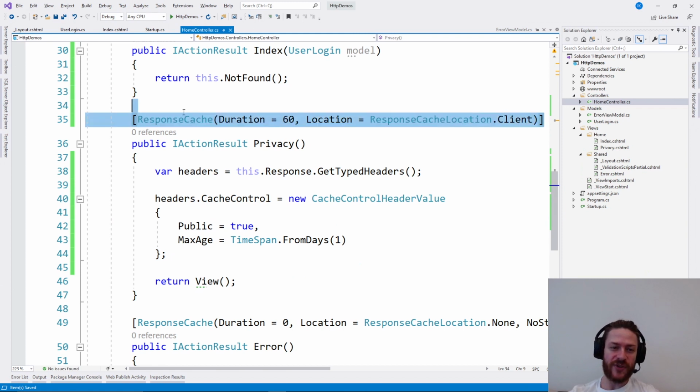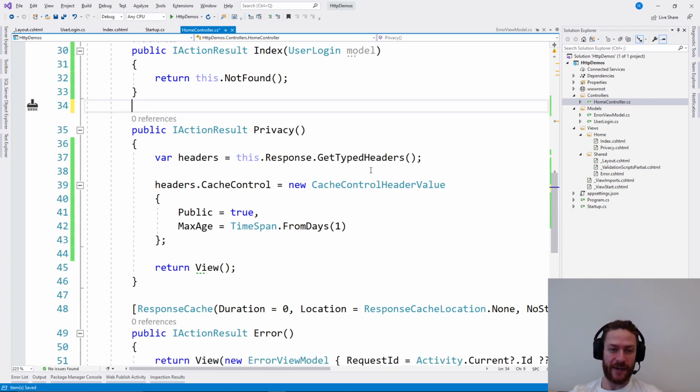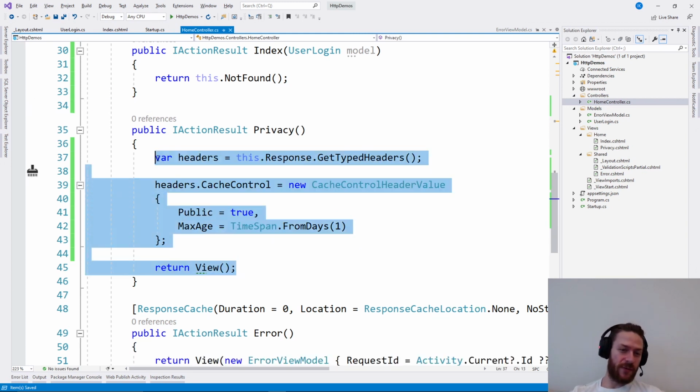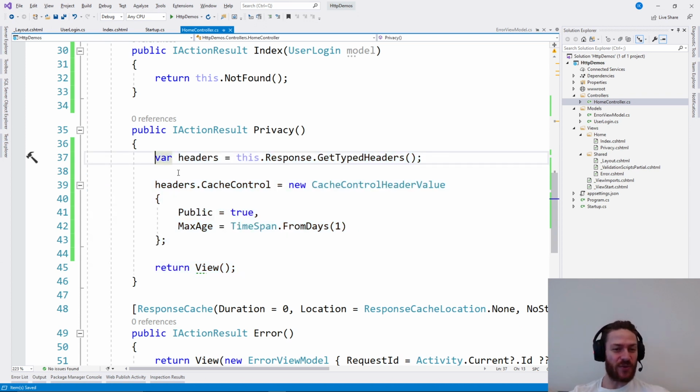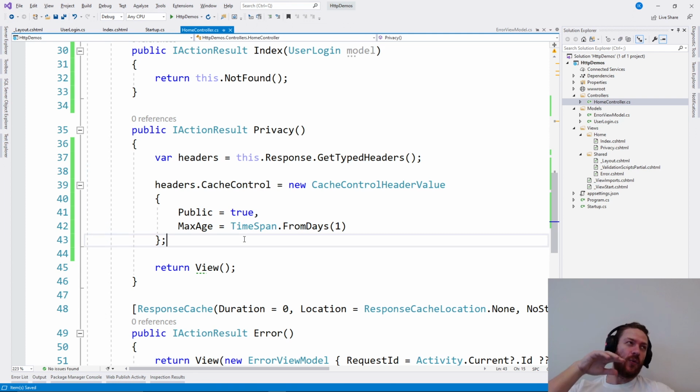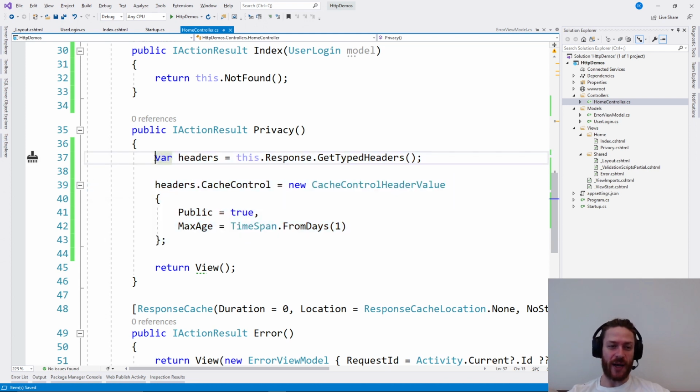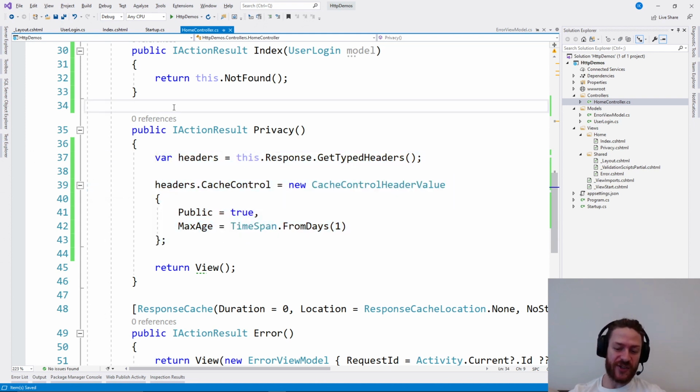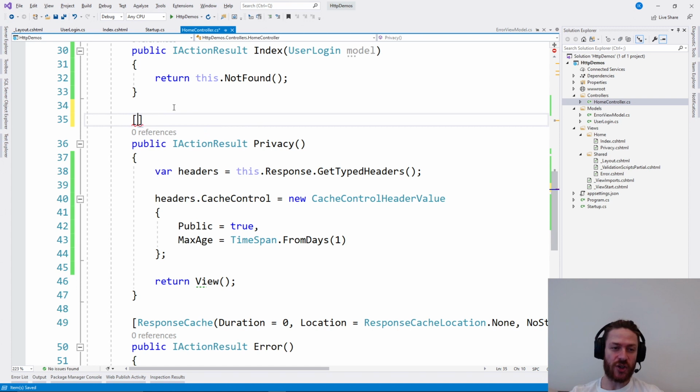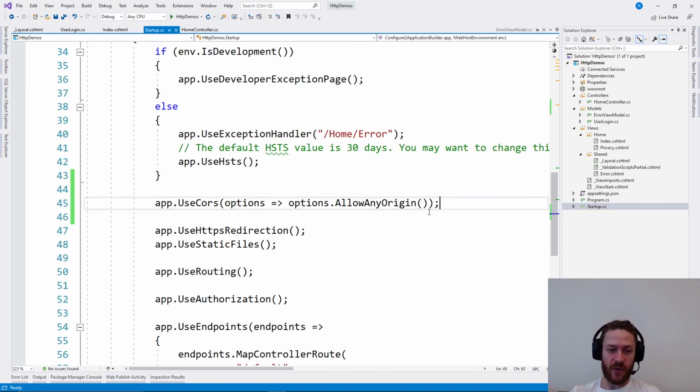So we can use the response cache middleware to send headers without writing the headers themselves. Of course, if we want more complete control based on some logic, we can use the headers directly. But for common scenarios, you can use the ResponseCache attribute or the response cache